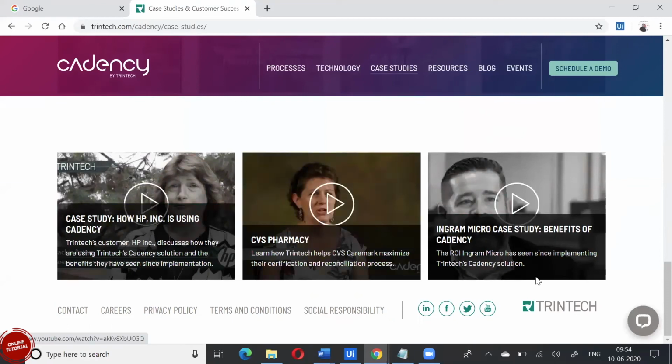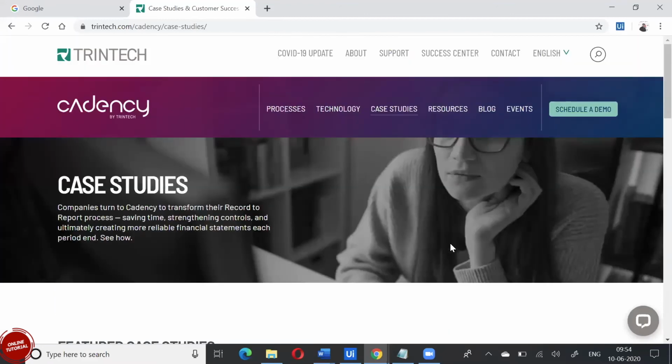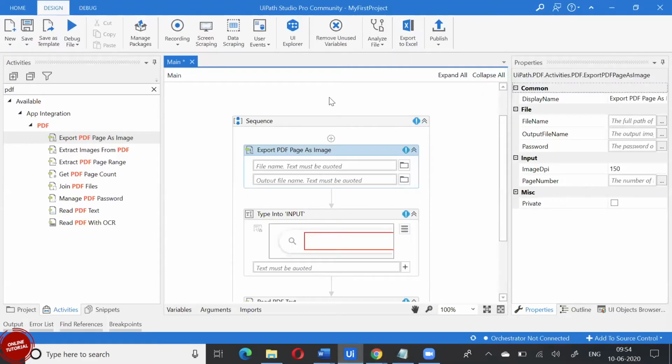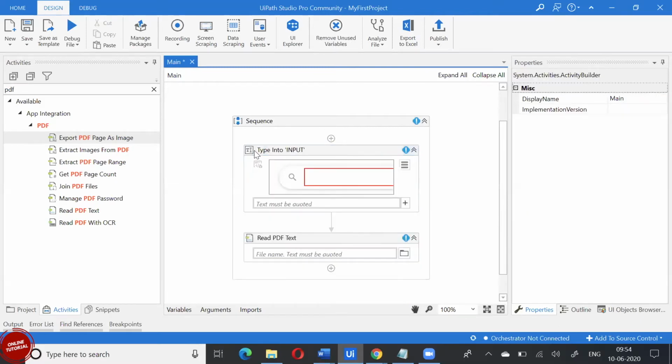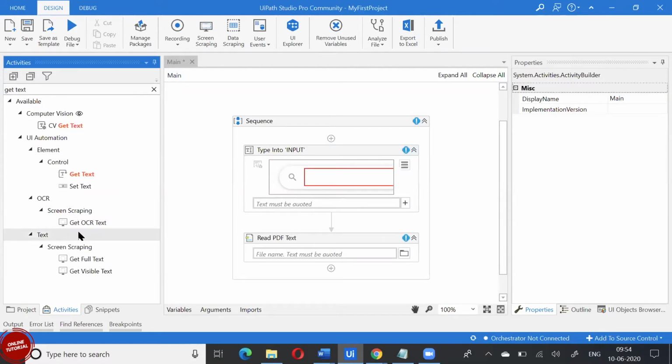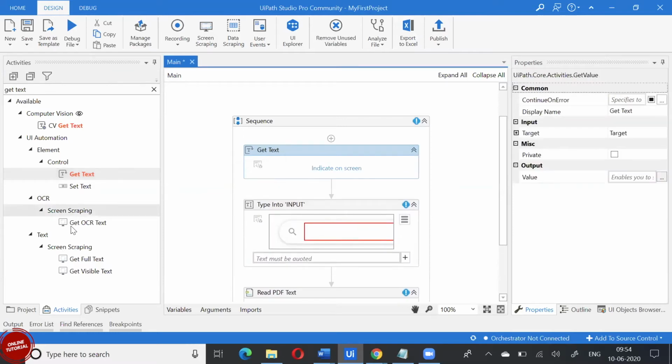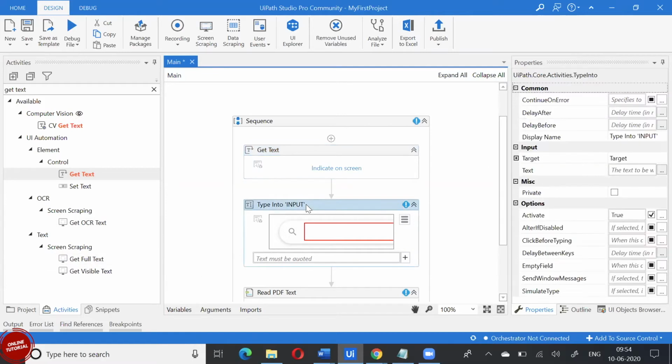So you'll have to install this software in your machine, right? Yes. Now UiPath will automatically interact with that software. You will design steps like this. If you want to update some data, you do type input. If you want to fetch some data, you say get text. It will extract everything. See here, get text, get OCR text. It will scan and get you the data. So either you can get the data from that and store it somewhere, or you can update your data.